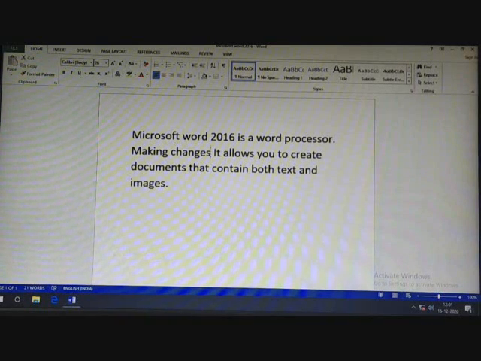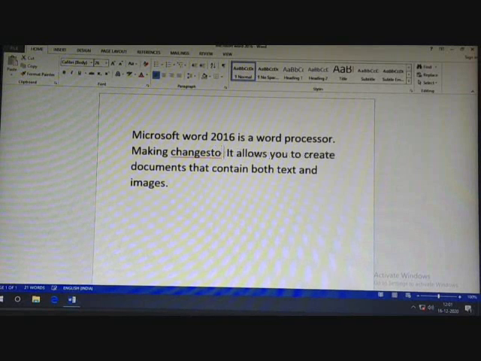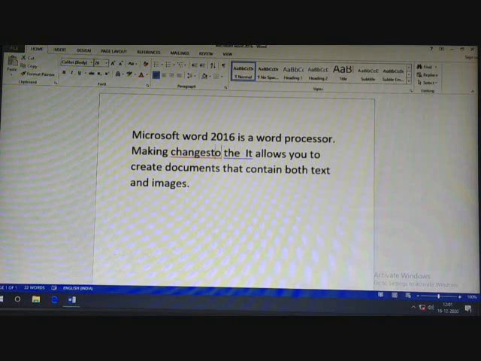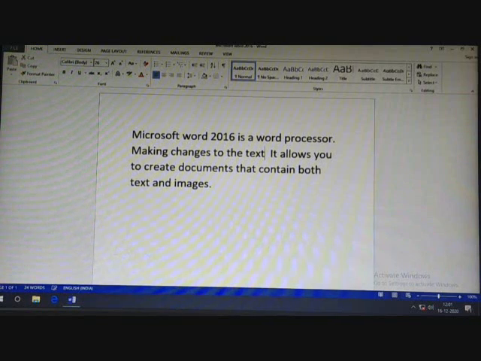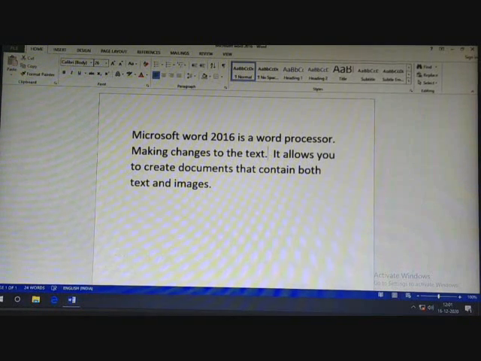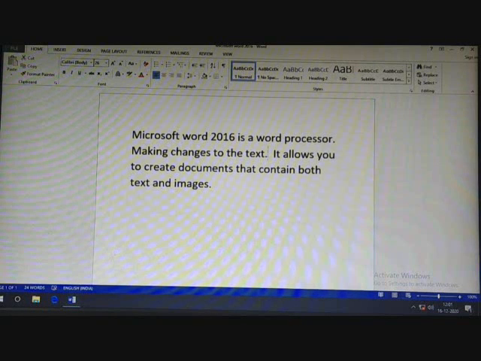So I am inserting text, making changes to the text. Okay, and full stop. So I have inserted a line between two lines. Okay, wherever is your mouse pointer, you can insert the text there itself.